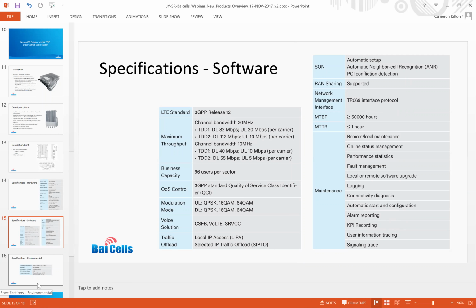Okay, so another question that's come up, I'll skip past. We've already said this is a release 12. The throughputs are very similar to what you're familiar with in our other products. It's a maximum aggregated of 224 megabits total. And like I mentioned earlier regarding the Cat 4 versus the Cat 6, what we're going to be able to